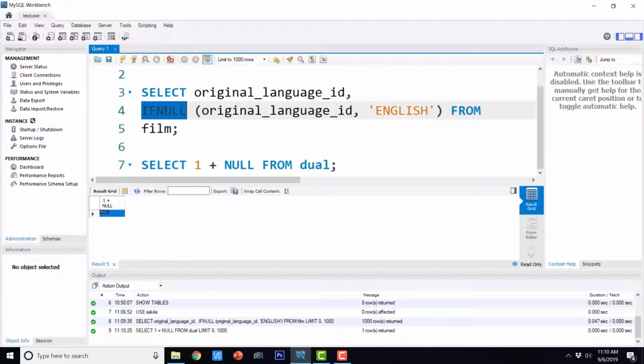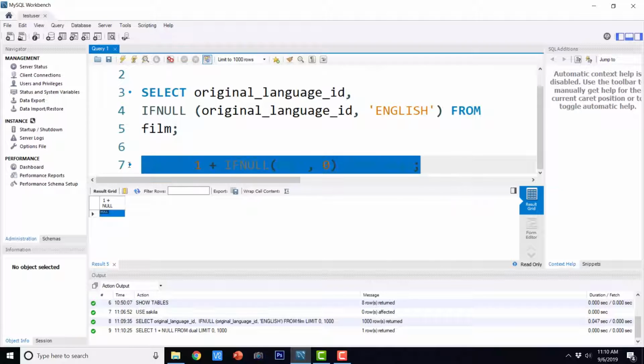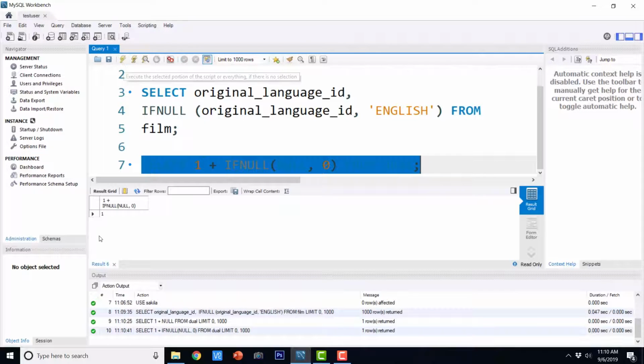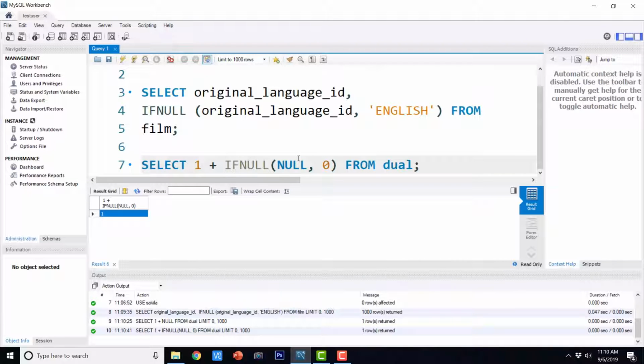So in place of that, if I just say IFNULL, comma 0, then it is going to return 1. So for practical purposes, we can consider null as 0 for any numeric value. Okay. So this is how IFNULL works.